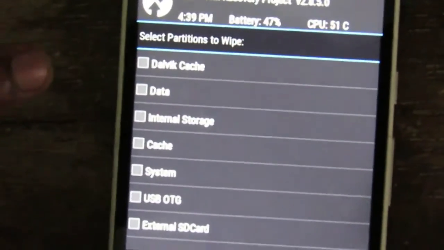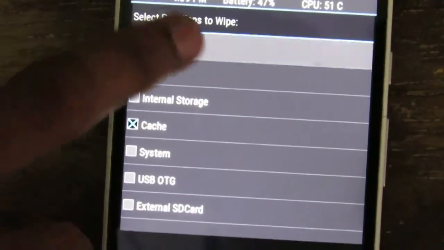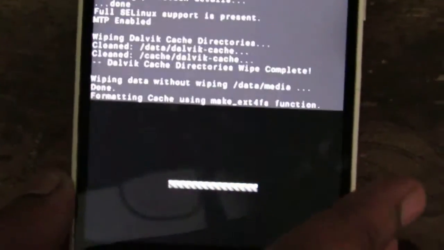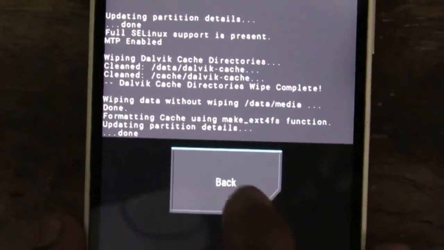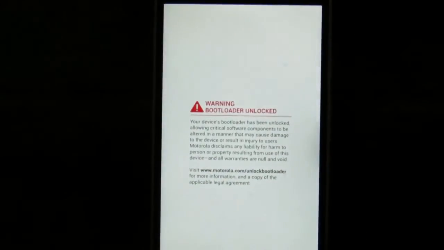Here you need to wipe the Dalvik cache, data and cache. These are the three options you need to wipe. After selecting, swipe to wipe, go back and now reboot your system. It has to boot successfully this time, so wait until it boots successfully.